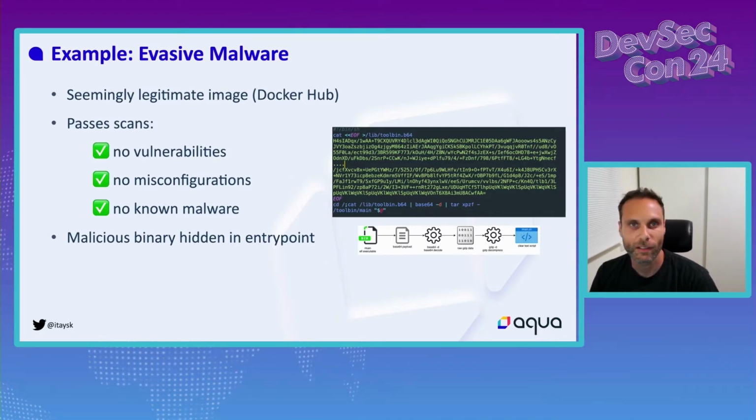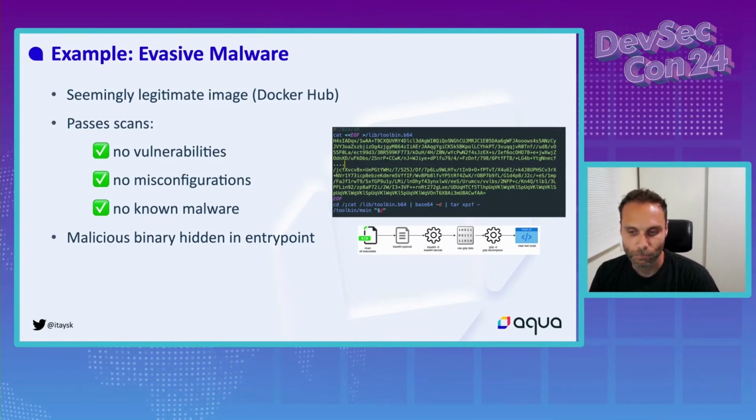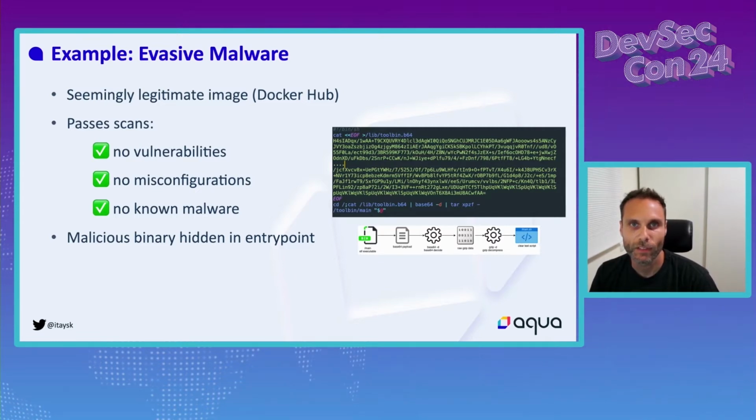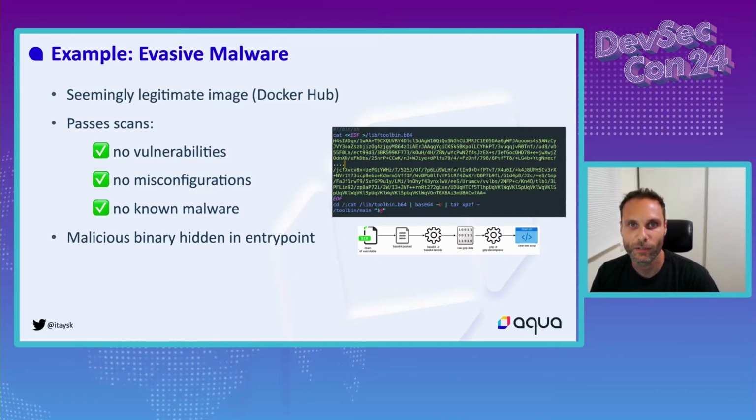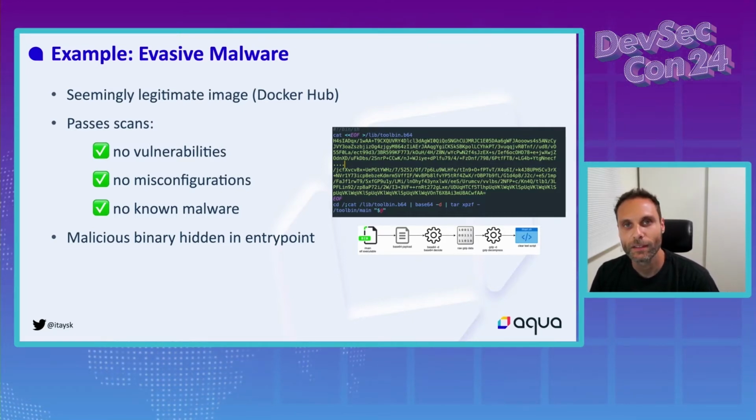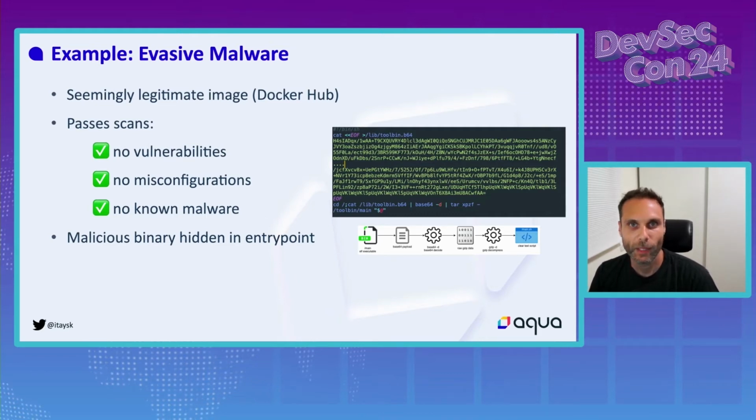So it's a pretty simple, even disappointing kind of technique to hide something, but it was extremely effective because it managed to evade pretty much every static image scanner due to the simple fact that this malicious binary was not existent at the time that the container was scanned. It only appeared at runtime after the code in the entry point was executed. And my point here is that